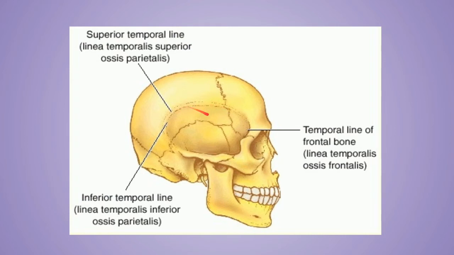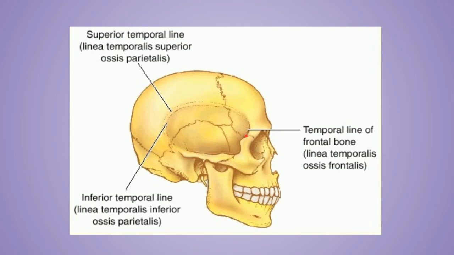Now as it goes backward, it will divide into two lines, that is the superior temporal line and the inferior temporal line. Anteriorly they both will fuse with each other and form one line only, but posteriorly they will divide into two, as you can see. Okay, now posteriorly the superior line actually fades out over the posterior part of the parietal bone, but the inferior temporal line actually remains intact. It will be clearly seen. Okay, it will continue further towards the back side over here, as you can see this. Okay, and it will go downward and forward with the zygomatic arch.